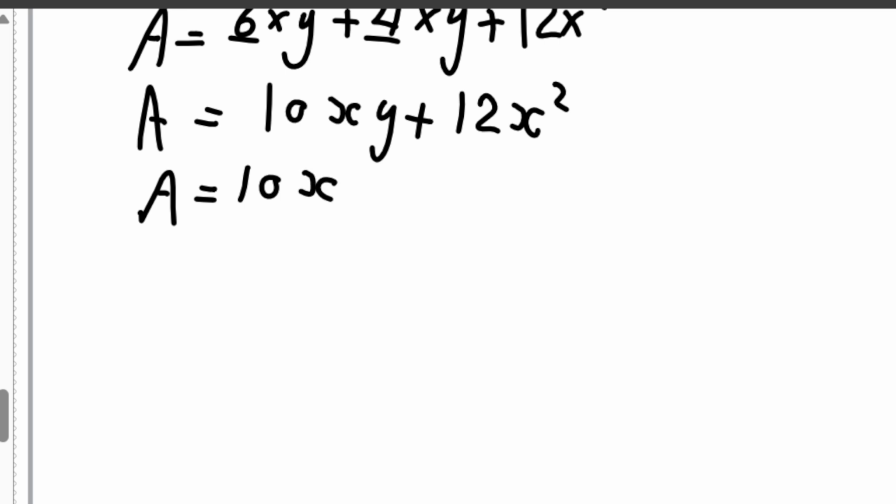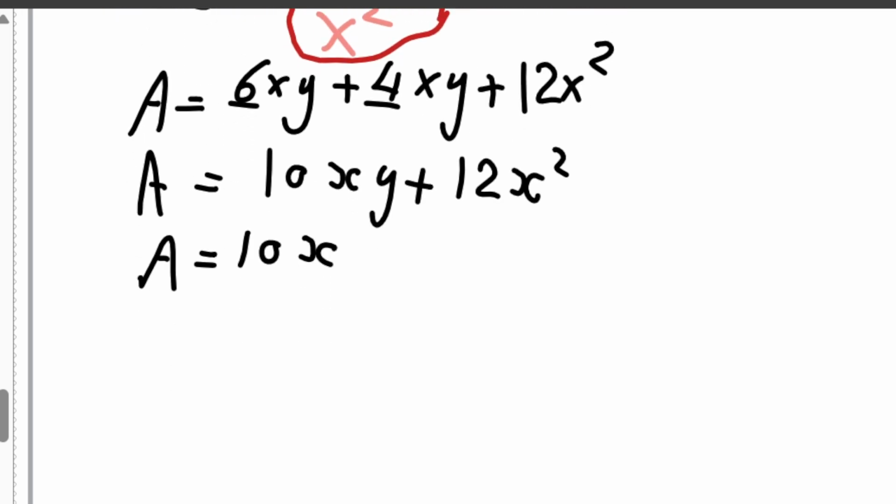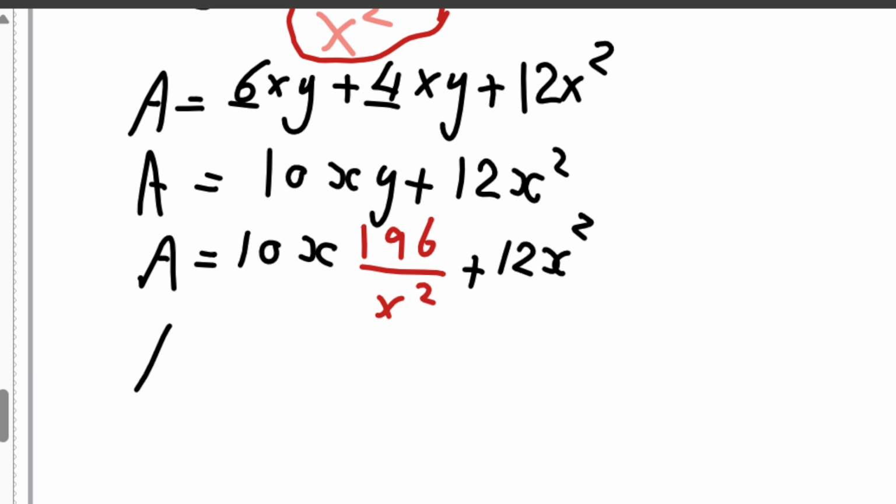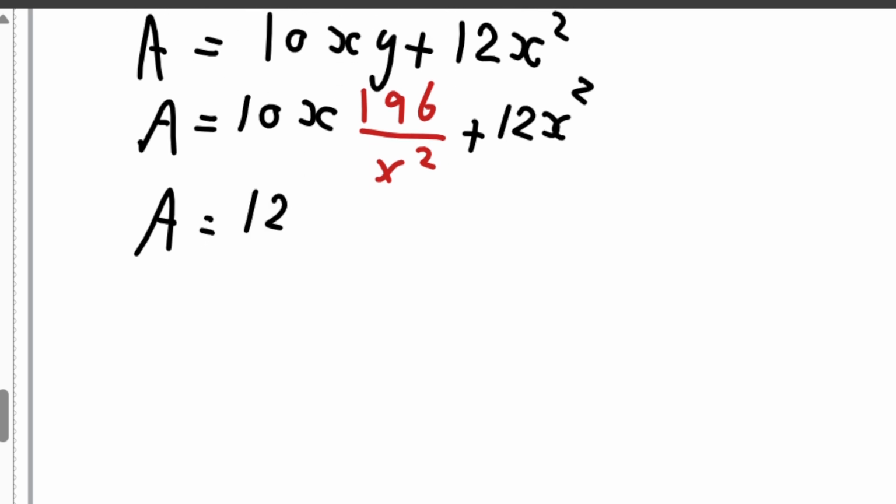Instead of y, I'm going to write the value of y, which is 169 divided by x squared, and then plus 12x squared. Let's bring the x squared first. So it's going to be 12x squared plus. Now let's cancel. This is x and this is x squared. So one of the x's down there will cancel. So you'll have 169